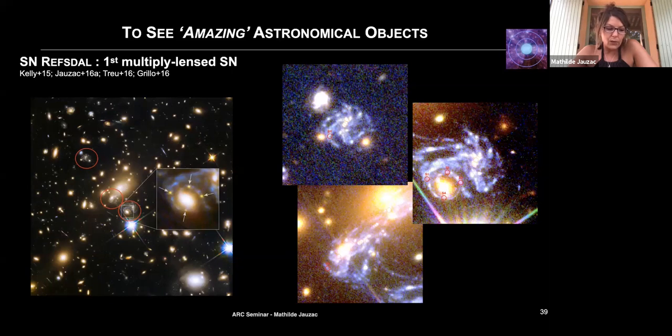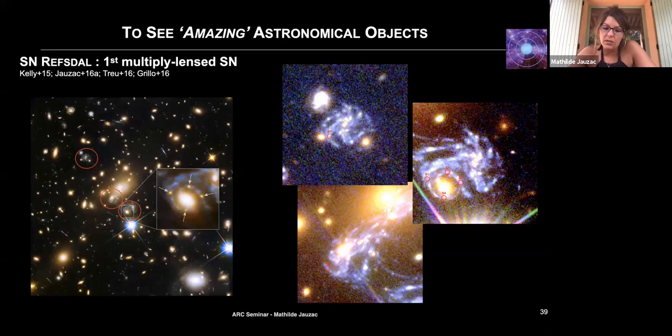Last but not least, really nice things that you can also do with lensing and Frontier Fields or Buffalo type of data is you can actually detect really cool objects. So this is the first strongly lensed, multiply imaged supernova, nicknamed Refsdal. I'm happy to tell you more about that object because it's a fascinating one, and also one that demonstrated that our mass modeling techniques, and I include most of the teams doing cluster lensing in the community, are systematic limited, but not that bad, because we could predict the reappearance of one of the images of the supernova,